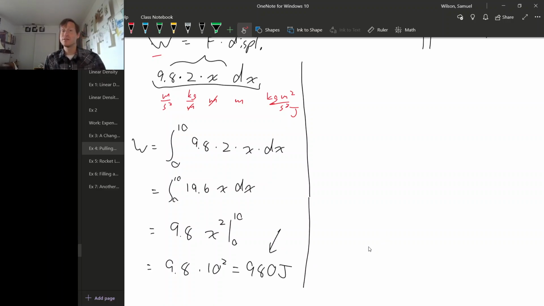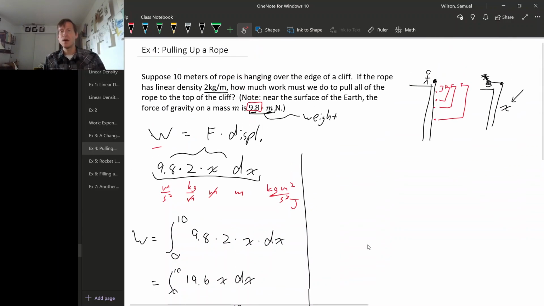Let's analyze this another way. Another way to think about how we're breaking up this situation is what we need to do is just, this bit of rope here, we need to move it to the top of the cliff. And then this bit of rope here, we need to move it to the top of the cliff. And this bit of rope, we need to move it to the top of the cliff. So instead of thinking about lifting whole pieces of rope, we can think about lifting just tiny little specks of rope instead. So let's think about the work